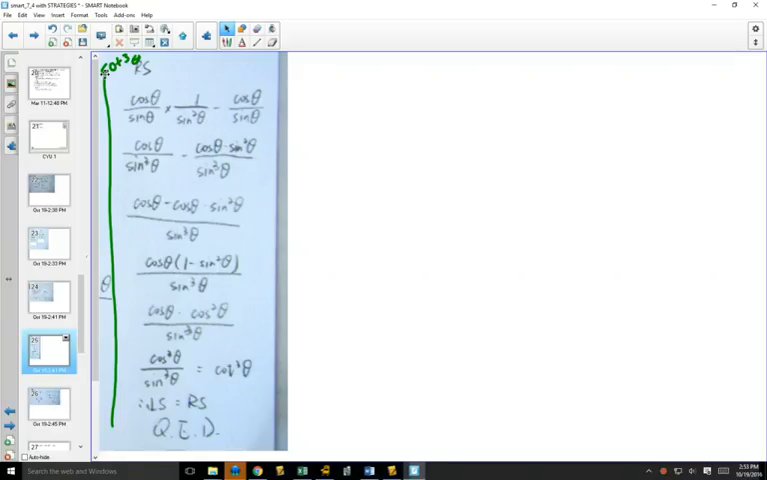We want to get a single fraction. Right now we're subtracting fractions. How do you subtract fractions? We need to get a common denominator. So